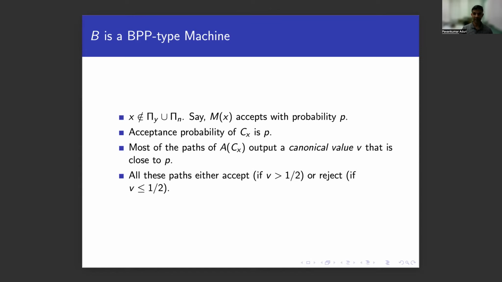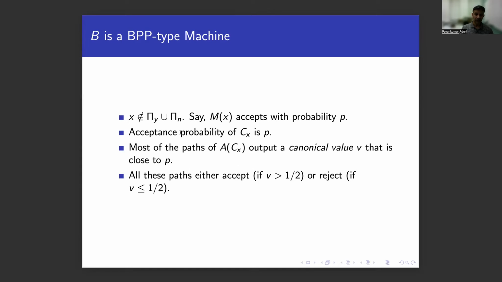Now, on these instances, let's fix one instance X. Let's say that M accepts with probability p. Now, the acceptance probability of the circuit is also p. And this could be close to half. But if I run my pseudo-deterministic algorithm A on this circuit, it's going to output a canonical value V that is close to p, which means most of the paths of this A are going to output this fixed value V. And all these paths either will accept if V is more than half or will reject if V is less